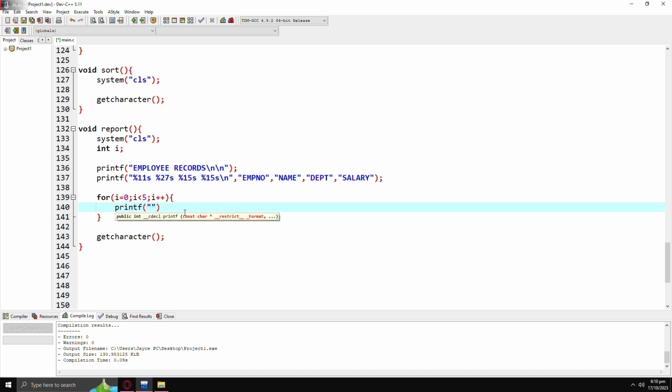Printf here %11d, %27s for our name, %15d, %15.2f because our value is a float. And para mag-display tayo ng mga struct members natin even in an array or multiple records,